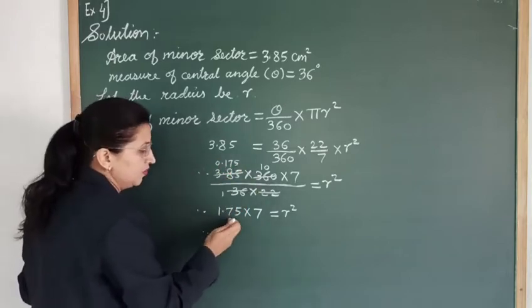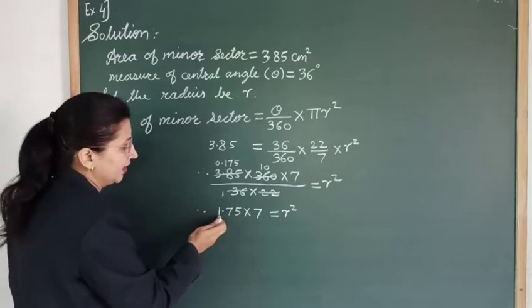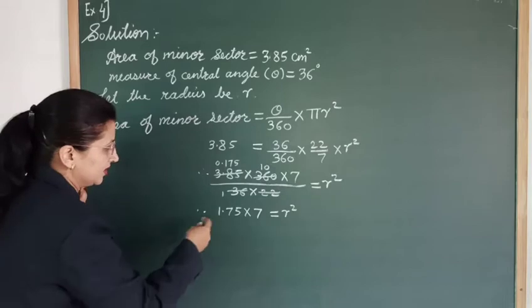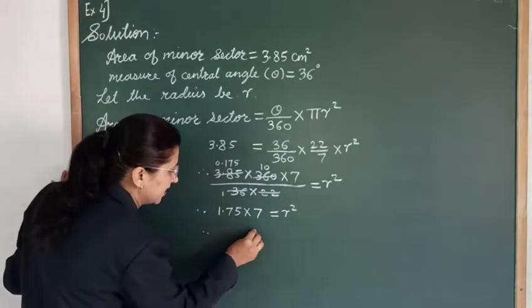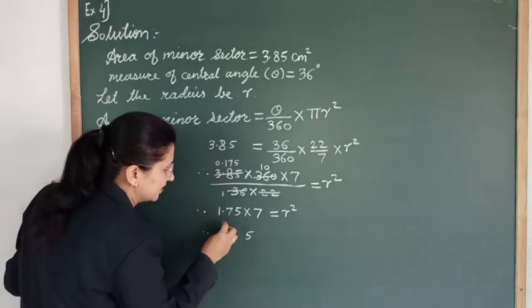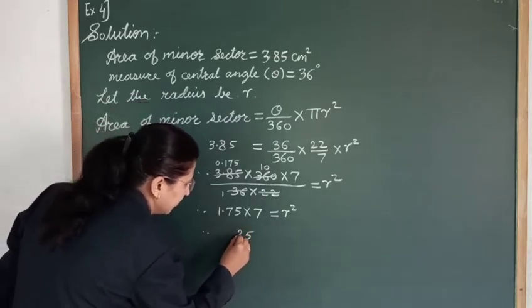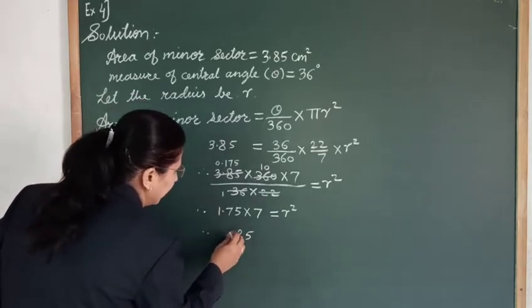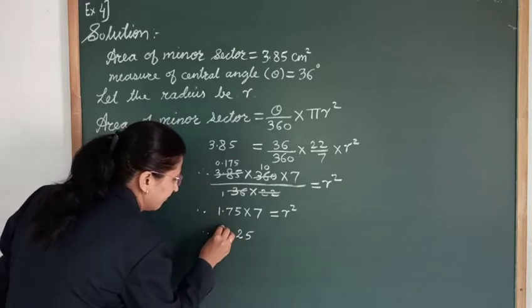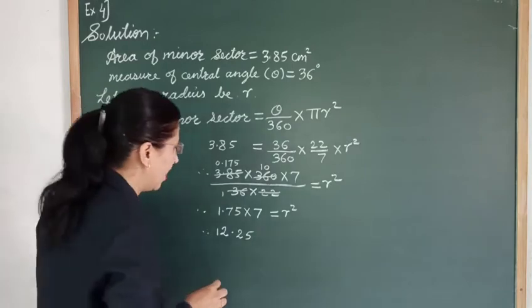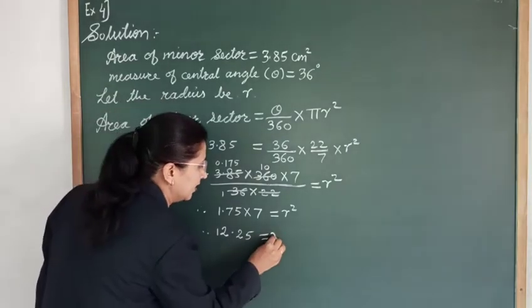the decimal point will move one digit forward. So we'll get 1.75 into this 7. Okay, now let's get the product of this. 7 5s are 35, carry 3, 7 7s are 49 and 3, 52, carry 5, then 7 1s are 7, 7 and 5, 12. Okay, so in this way we'll get the answer 12.25 r square.